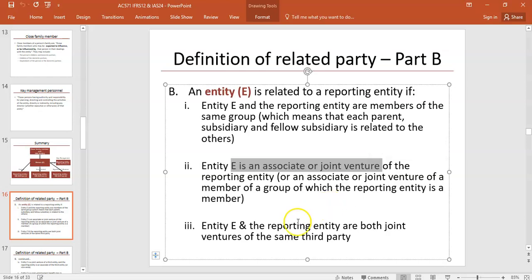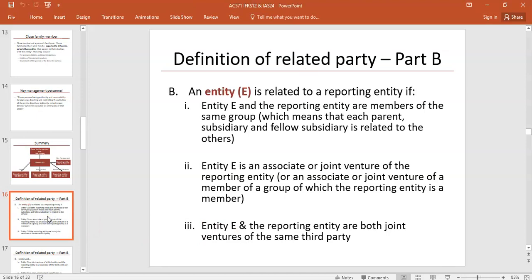If entity E and company X are both joint ventures of the same third party. So one third party has a joint venture E, and they have another joint venture, company X. Then E and X would be related parties as well. So you see, it gets a bit more complicated when you get to entities, trying to look at all these